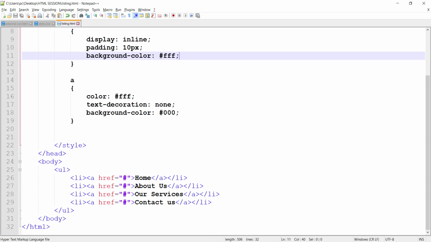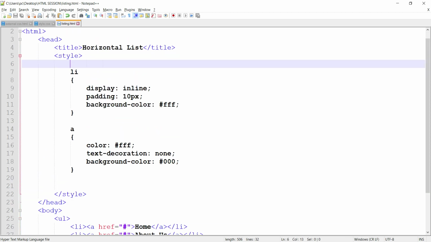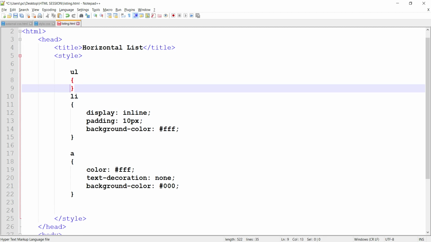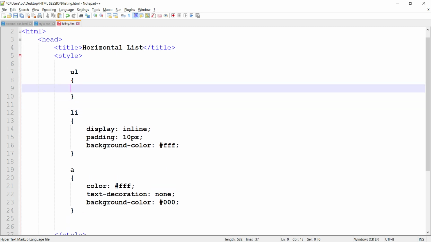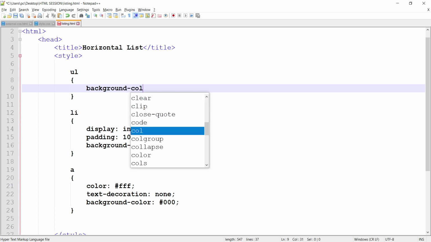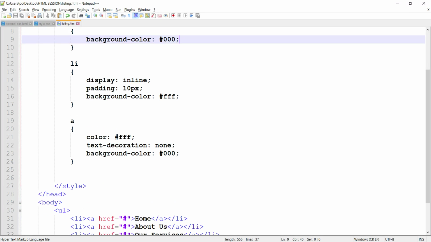Now coming to the main portion, that is ul. Why am I targeting ul? Because I want to give the background color as black. Background color black, let me give. Okay, so we got our background color as black, but some space is there.